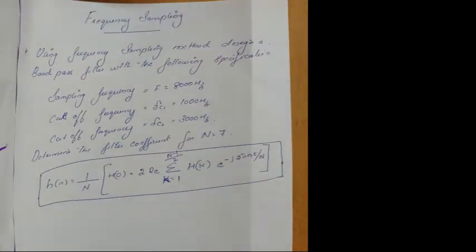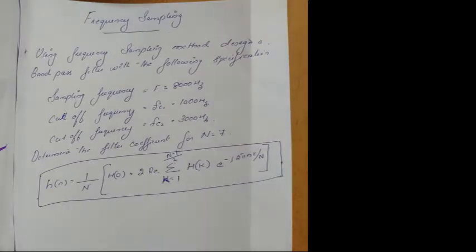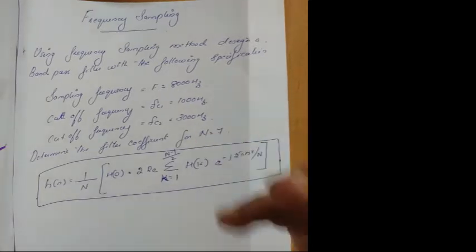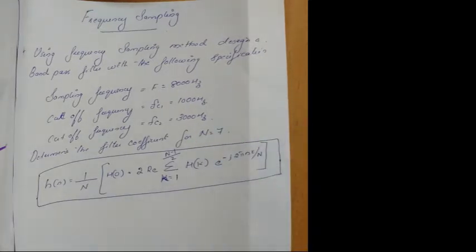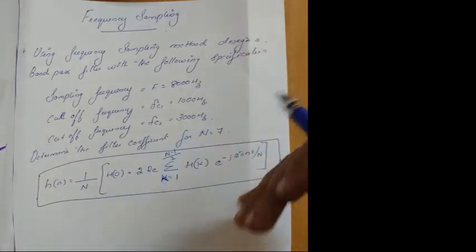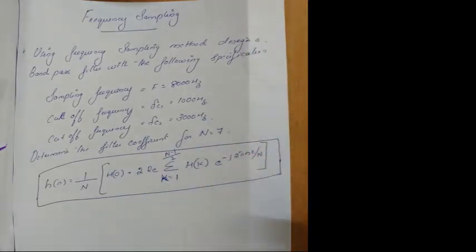Hi, today we are going to see about the frequency sampling. To design the FIR filter, there are three different methods. The first method we have seen in the previous class, that is the window sequence, and the second method that we are going to see today is the frequency sampling method. We have to see which samples can be done. For that, first we have to find the constraint for the frequency sampling method.